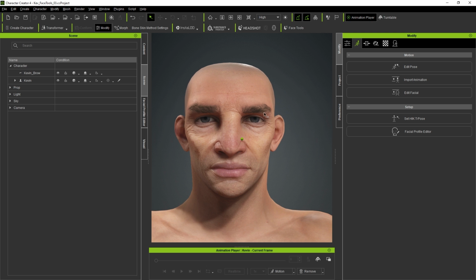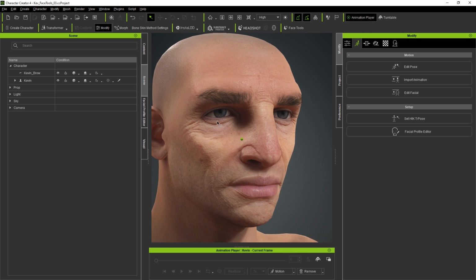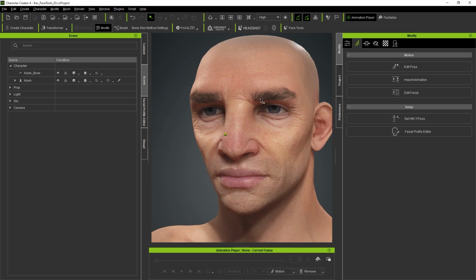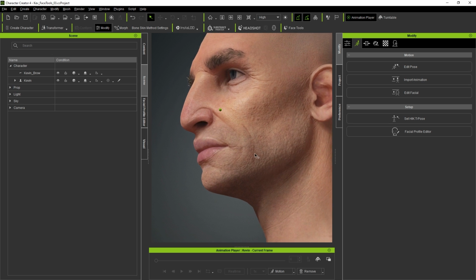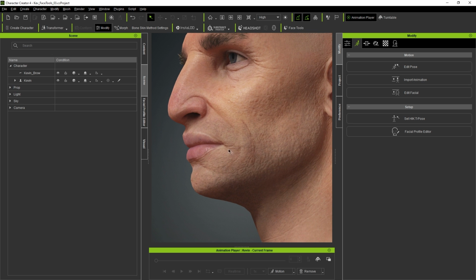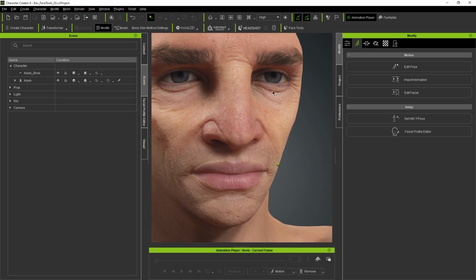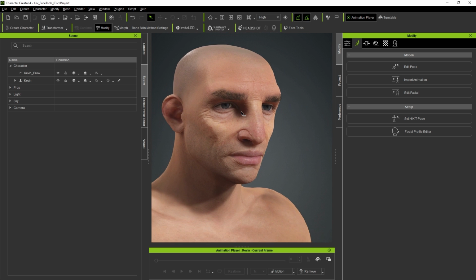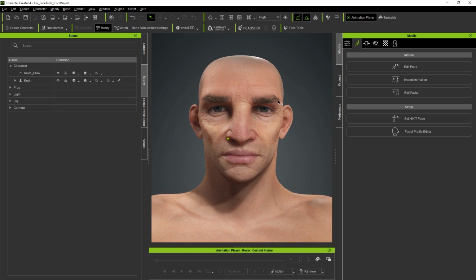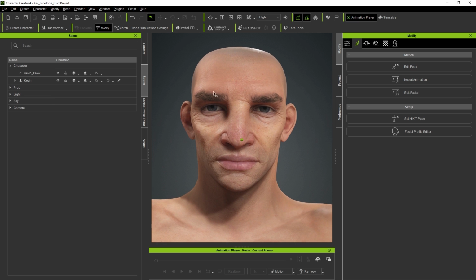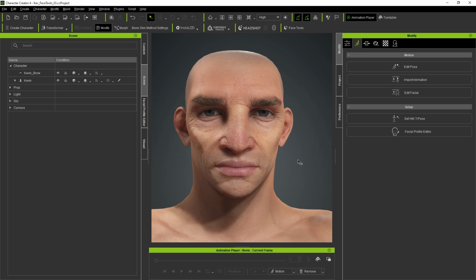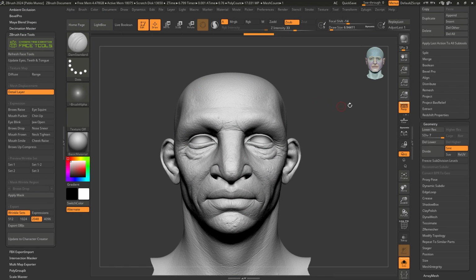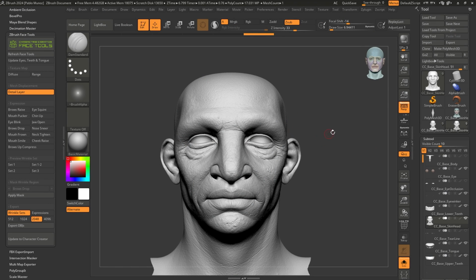And there we go. So you see we have a few more details in the normal. I think this is at 4K as well. So I just spent more time defining these lines. This crevice. So it just makes it a little bit more of a weathered face and a bit older, but that's pretty much it. That is all the details into the normal map as well. And let me just go ahead and switch back to ZBrush. I have also loaded the final result of sculpting those details in there, so you can compare. There we go. So this is what I came up with.